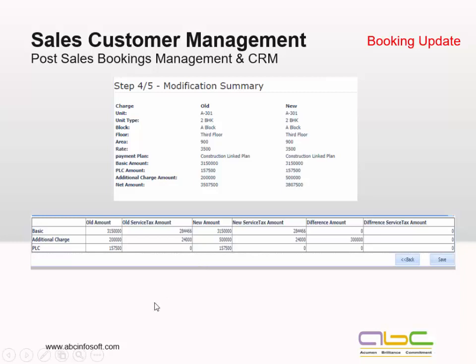Now, the next step is the flexibility, I tell you. Right from the booking stage till the possession, sometimes it goes from 3 to 5 or 6 years because of any unforeseen reasons. So you can make any number of changes in the booking. The only thing is the system will track you right from day one: what was the initial booking status, and then what all we have changed.